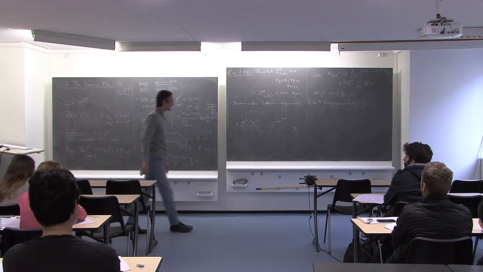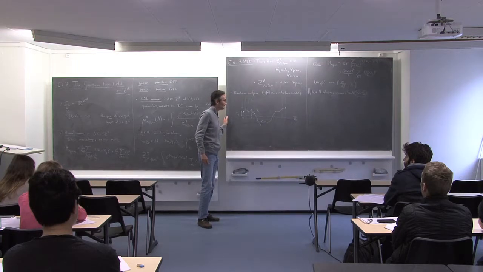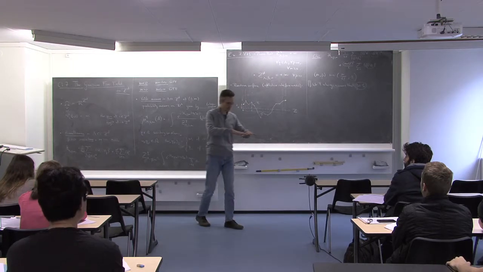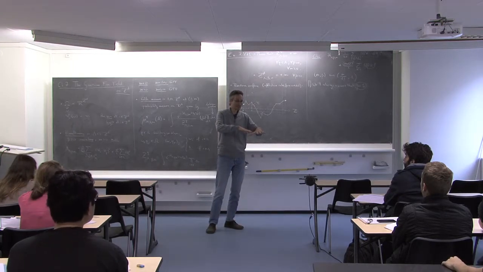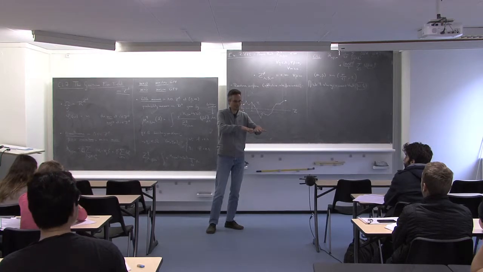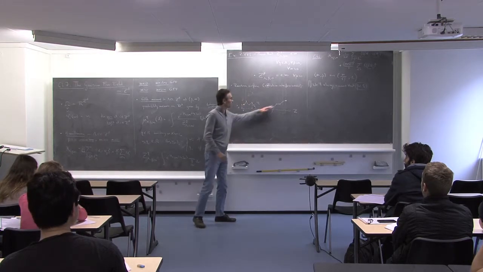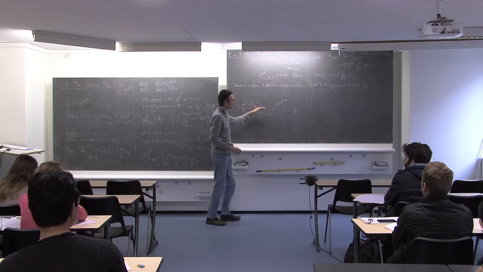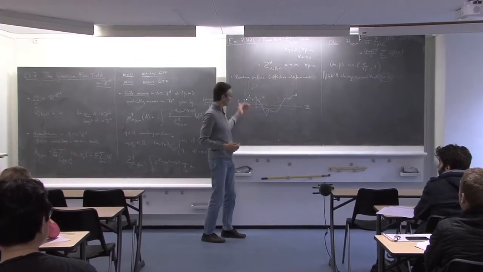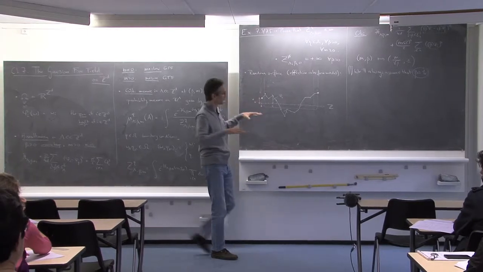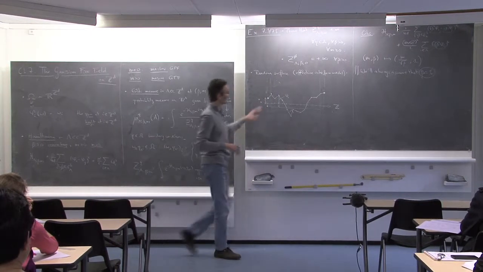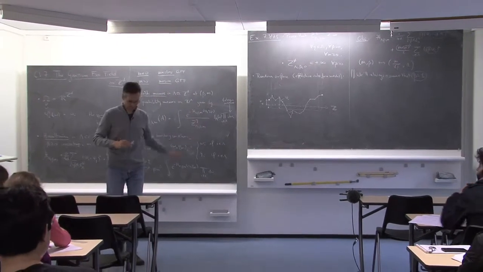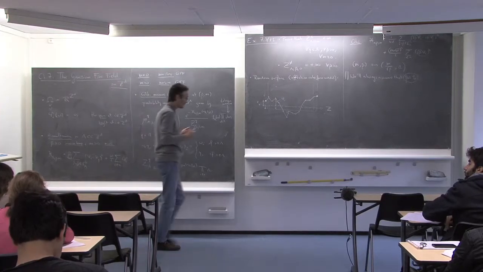For me here, since this is a course on statistical mechanics, the motivations are basically twofold. One of the motivations is this one. The GFF has been introduced as the simplest possible, in a sense, model of a random surface, of a random interface. Say maybe you have the minus phase of the Ising model here and the plus phase of the Ising model here. You want to model the interface between the two. It's a very difficult problem in general, but then you can take this as a caricature of what happens for this interface, and that's one of the possible models. And it has been studied a lot from this point of view.